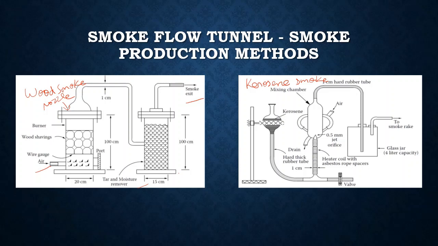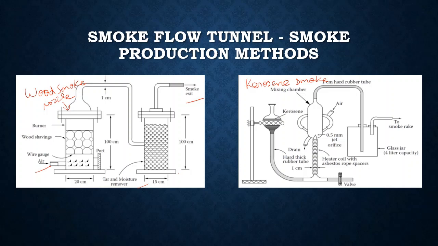And then after that, we have some clarifications on the wood smoke method, because when you are using this particular smoke in the flow, it essentially causes white deposits. It essentially causes white deposits, and it is corrosive in nature, so it sticks onto the models. So it is not a very preferable method to continue with, so we are moving to kerosene smoke. And what are the advantages of kerosene smoke over wood smoke is that we have